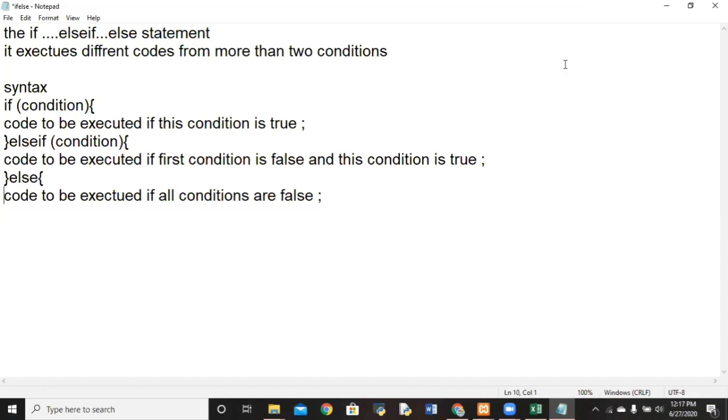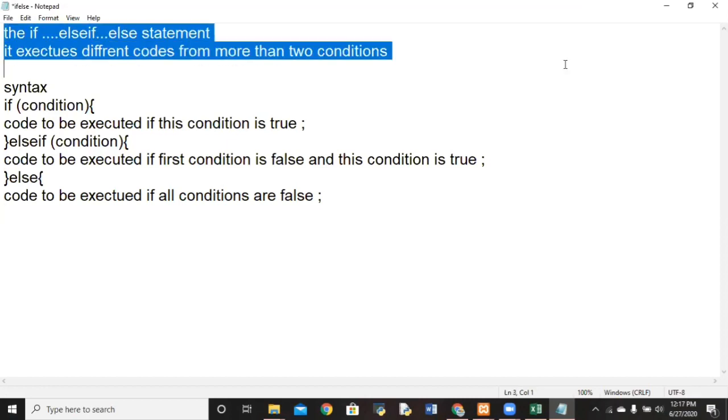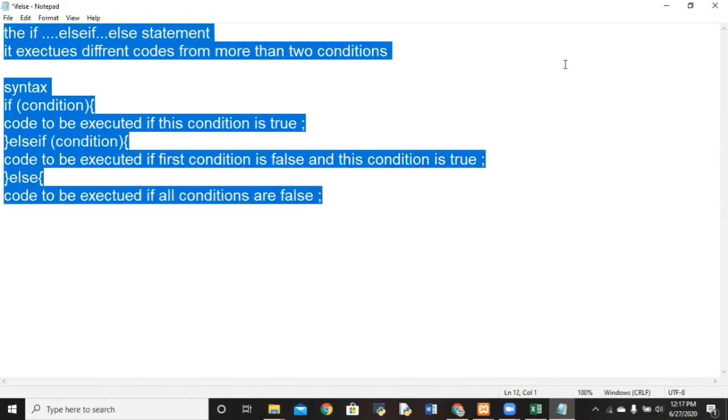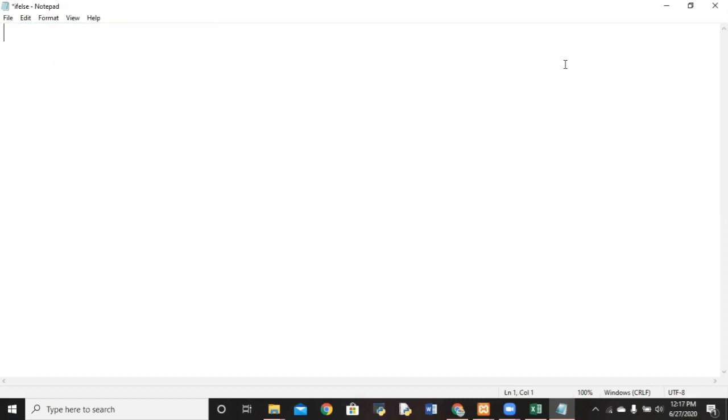Now I'll be using an example for the elif statement: the output will be have a good morning if the current time is less than 10, and have a good day if the current time is less than 20, and otherwise, that means if all conditions are false, we will be writing have a good night.